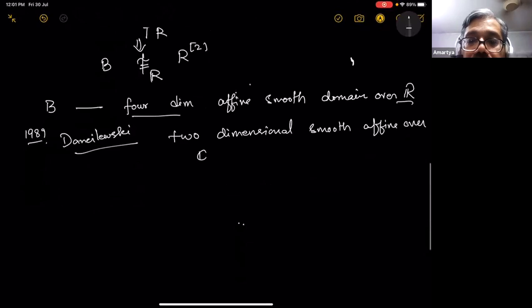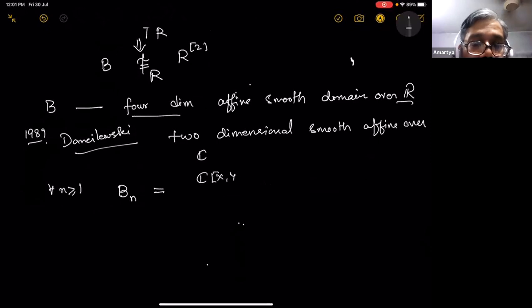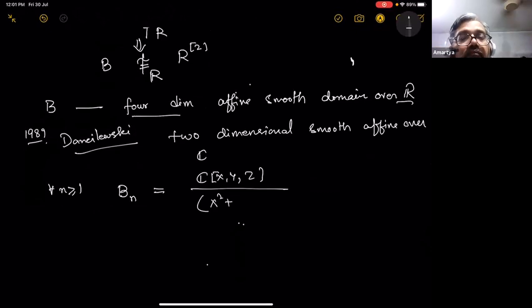So it was a family of examples, and for each integer n greater than or equal to 1, let B_n be C[x,y,z] modulo x^2, sorry, xy minus z^2 plus 1,